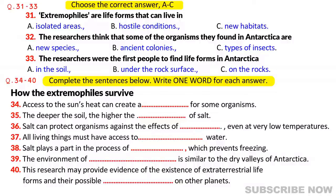In short, it appears to support the growing belief that extraterrestrial life might be able to survive the dry, cold conditions on other planets after all. Not only does this research produce evidence that life is possible there, it's also informing scientists of the locations where it might be found. So all of this might have great significance for future unmanned space missions. One specialist on Mars confirms the importance of the...